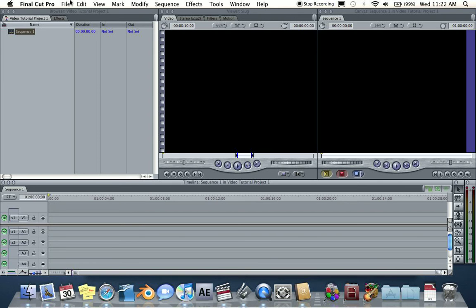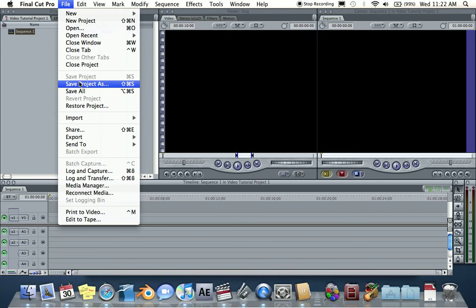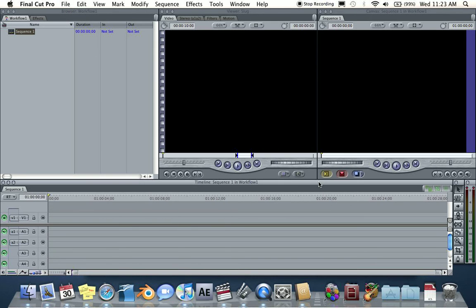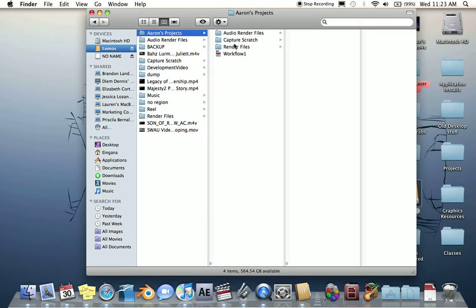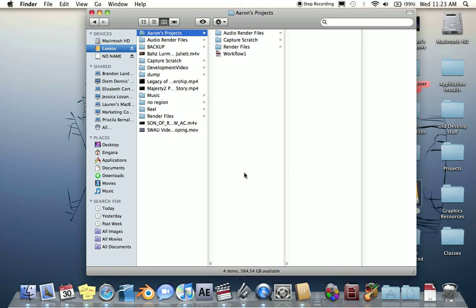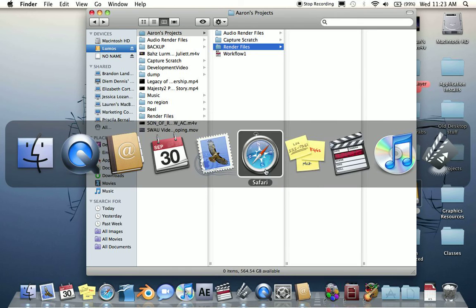So now the next thing you want to do is save your project. So I'll call this Workflow 1, and I'm going to go to Lumos. This is my external drive, and Aaron's Projects, and I'm going to save it right there. So you can see the Final Cut project is saved here in this Aaron's Projects folder. Now I'm going to go back to Final Cut,